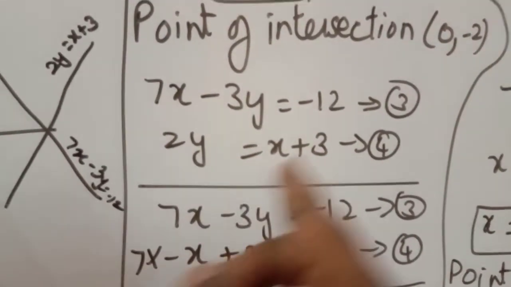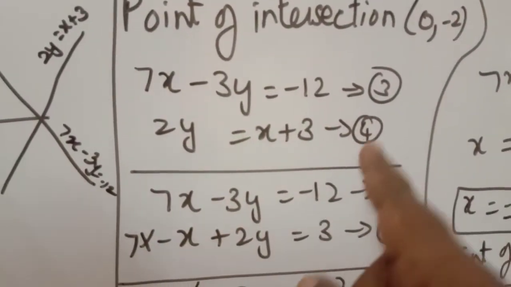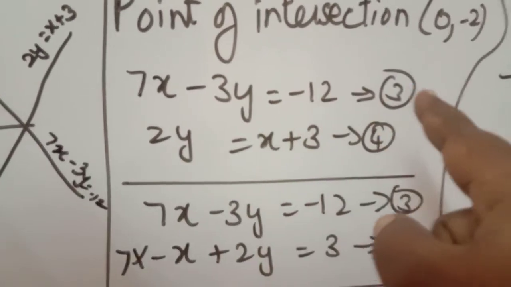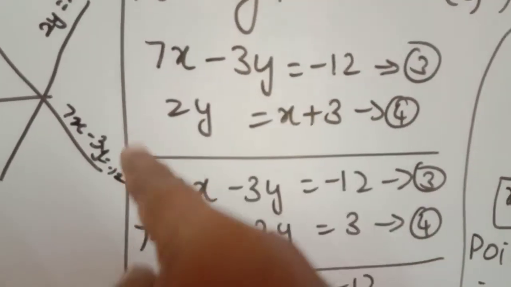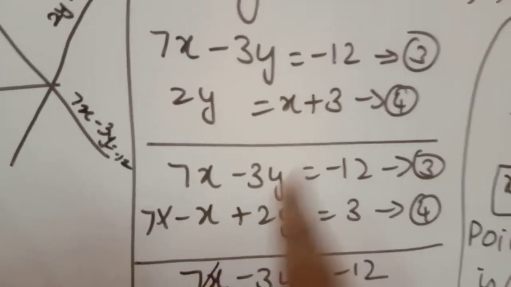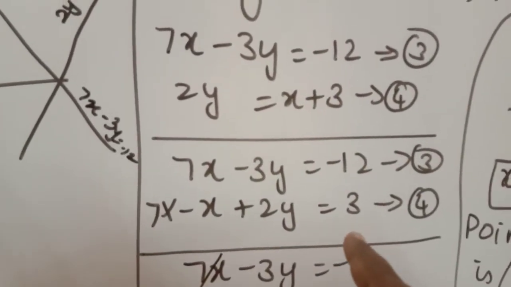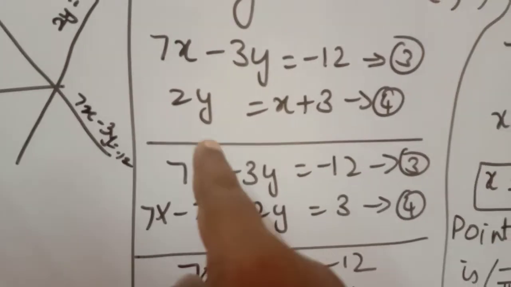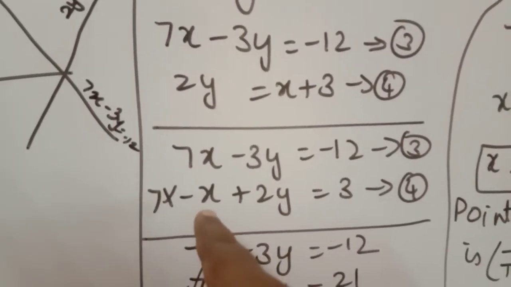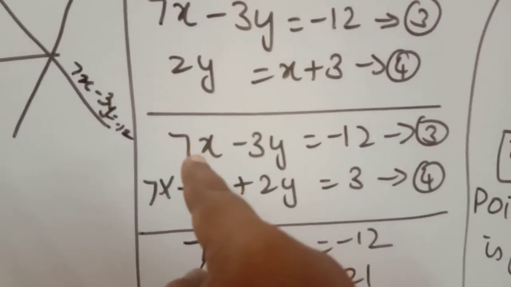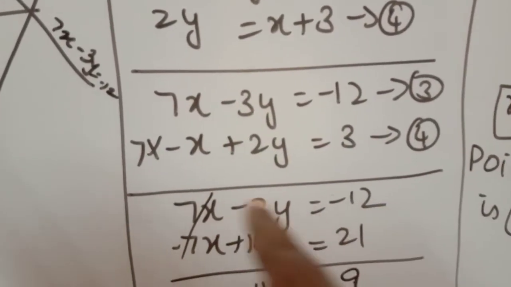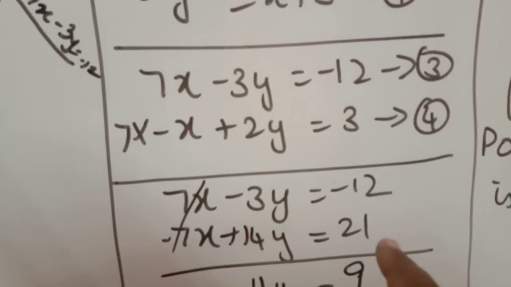In the same question, the first and second equations are already mentioned, so I am calling these the third equation and fourth equation. x and y should be on the same side, so bring x to the left hand side as minus x. 3 let it be there in the right hand side as a constant. Now the LCM of these two, 7 and 1, here minus 1 is there. So the LCM is 7, multiply by 7, here already 7 is there. So write the third equation as such and the fourth equation we have to multiply by 7.